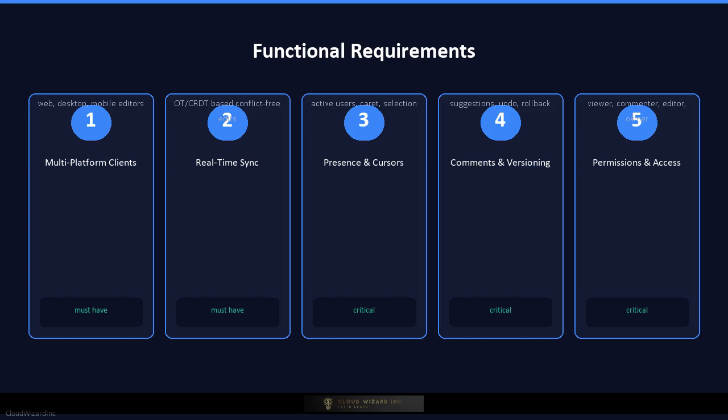First, the system must support multiple connected clients across web, desktop, and mobile, each receiving and sending edits in real time. Second, it must synchronize edits with low latency, ideally operational transforms or conflict-free replicated data types, so concurrent changes merge correctly without user intervention. Third, it must provide presence and awareness. Who is currently viewing or editing the document, where their cursors are, what text they have selected, and which user